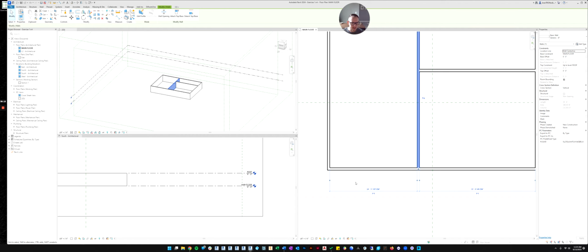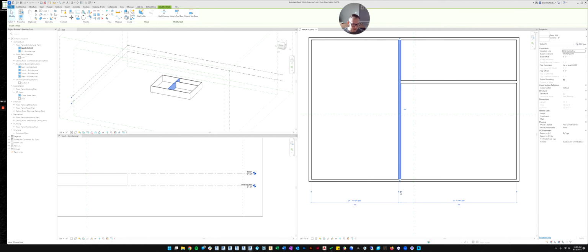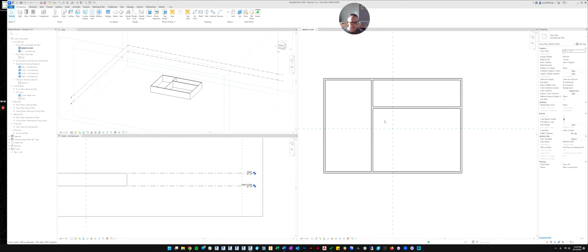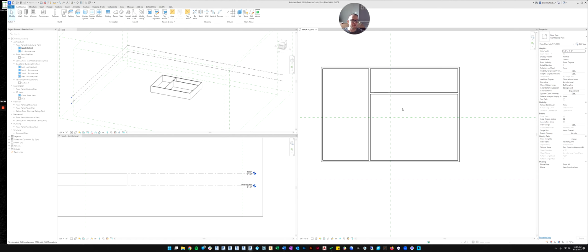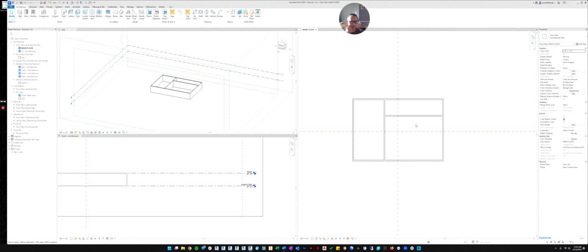So let's do the same thing with the bedroom. Let's say we want the inside of the bedroom to be exactly 20 feet wide. It looks like the temporary dimensions are already from inside face to inside face. So we don't need to move the dimension. Now we just need to tell it 20 feet. And now let's say we want this to be 10 feet deep inside. So we'll type 10. So now we have precisely moved the walls where we want them to be.